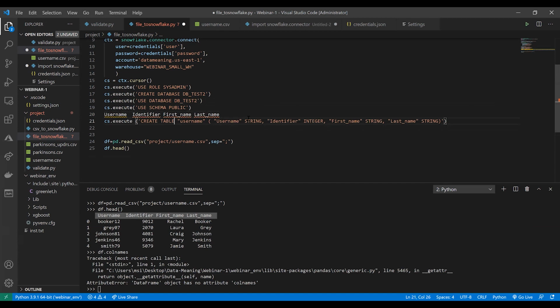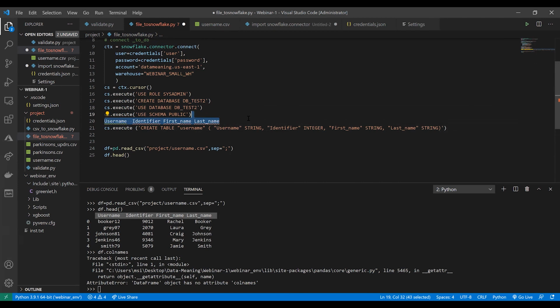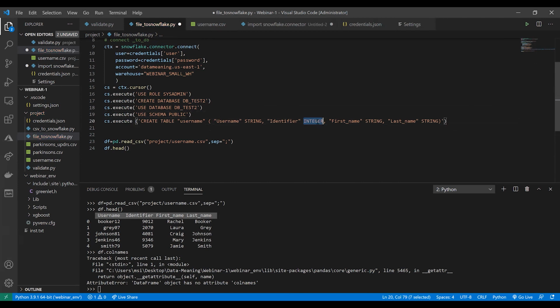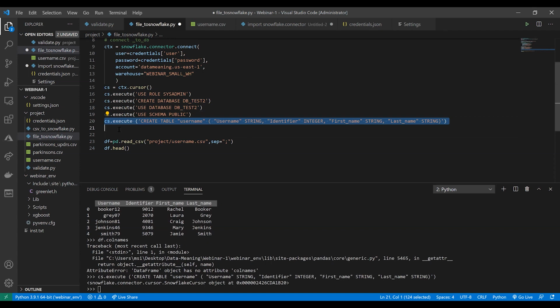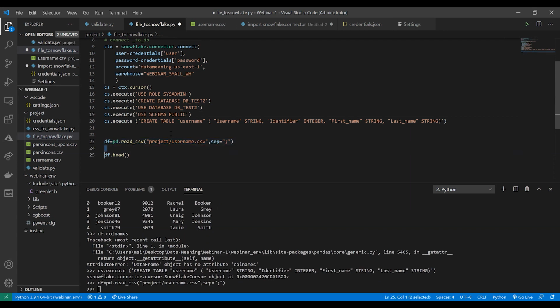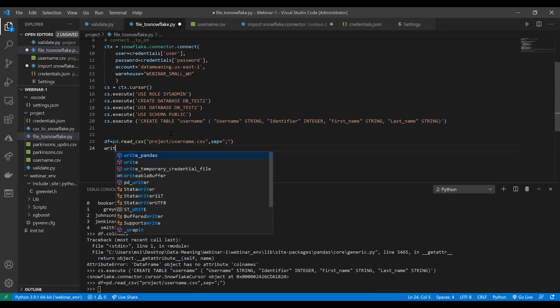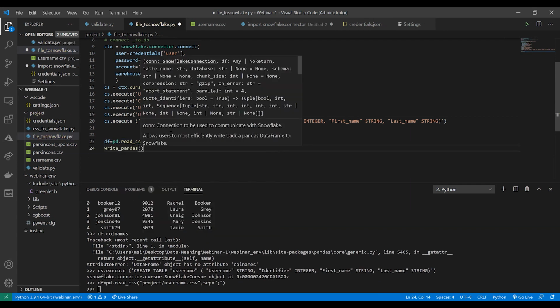So we're creating a table called username with the username field of type string, and an identifier of type integer, and first name, last name with the string types. We're gonna execute this command and make sure we have imported our file. Then using the write_pandas function,